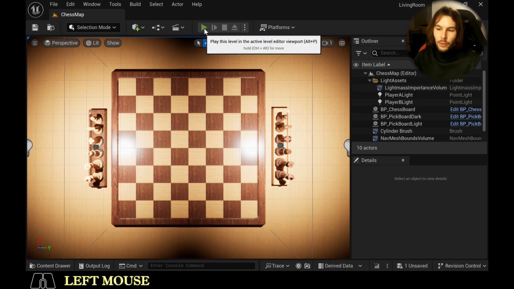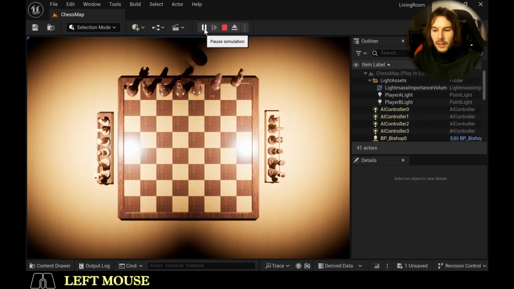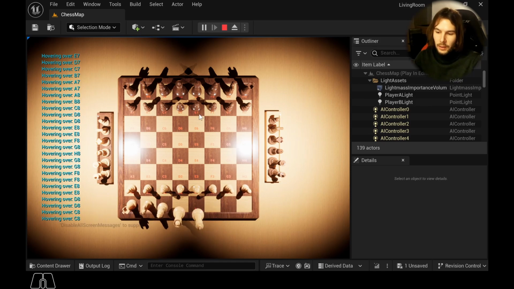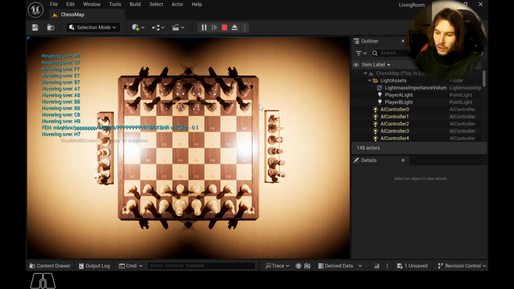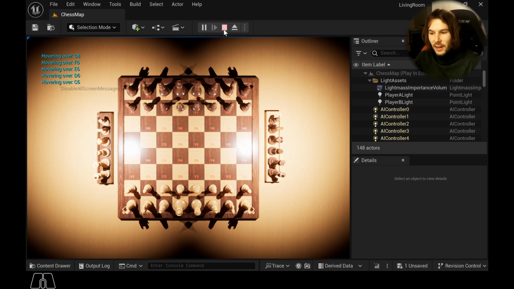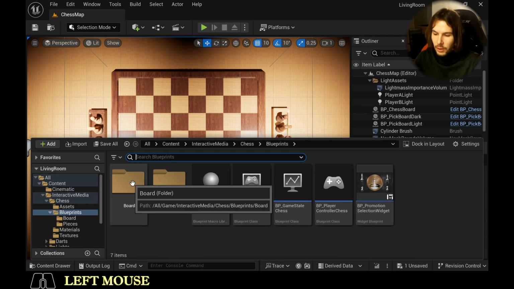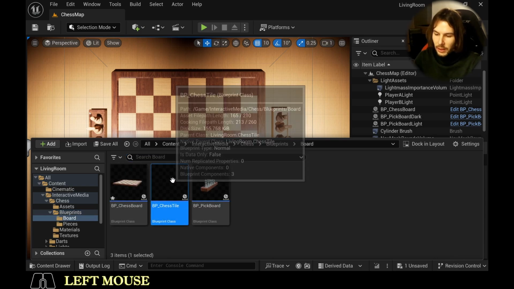The current project progress looks like this. You've already seen that. So the chess pieces spawn in, and then we get this hovering over message, and this message just tells us which field we are currently hovering over, and that's done in the chess tiles. So when we go to the blueprint inside the content drawer, we can go to board and then chess